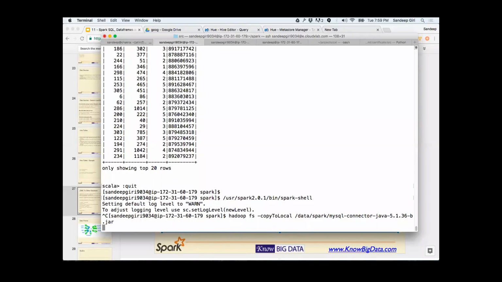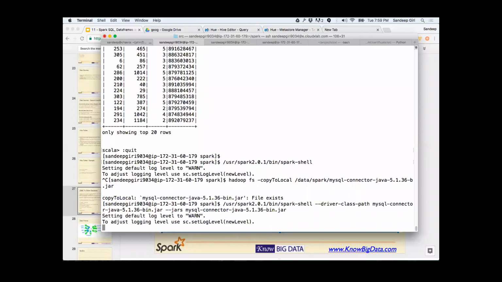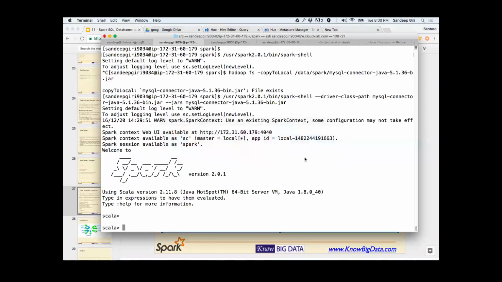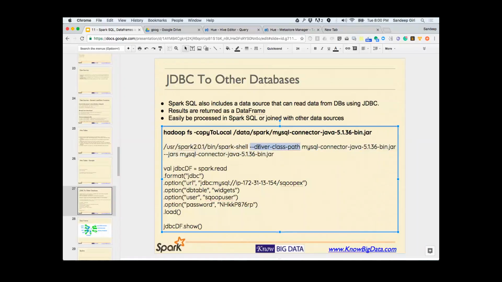In case you have written a program which needs to be submitted instead of interactively working with it, using Spark Submit, then you will have to mention this particular driver with --jars in Spark Submit. So now you can see that we have started the Spark shell with these two arguments, driver class path and the jars. And then we're going to use this command to